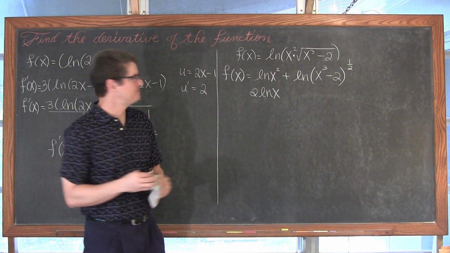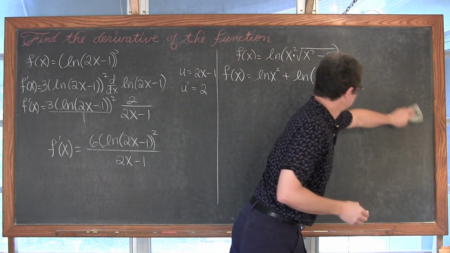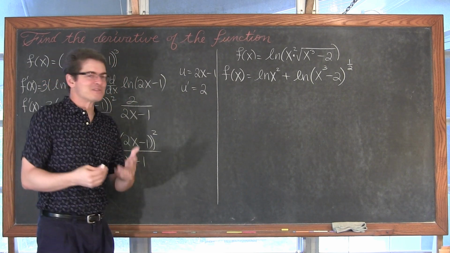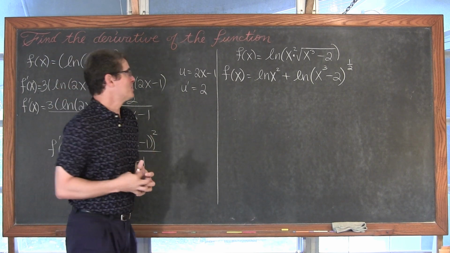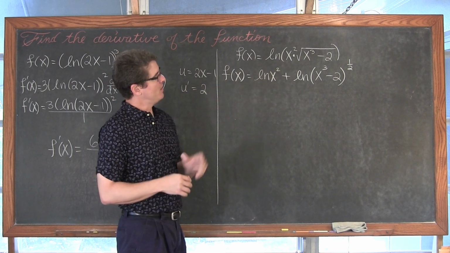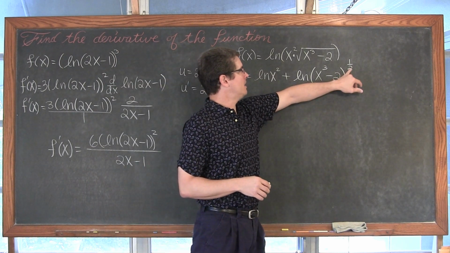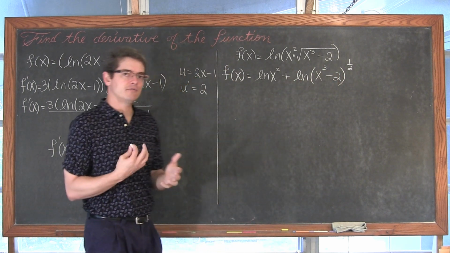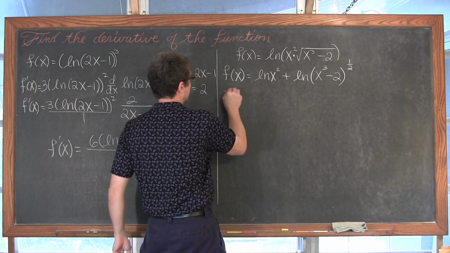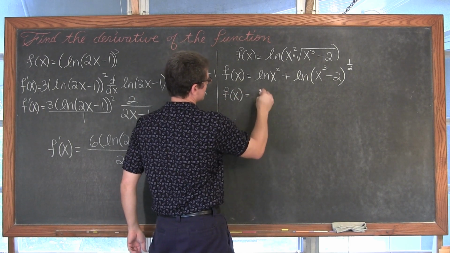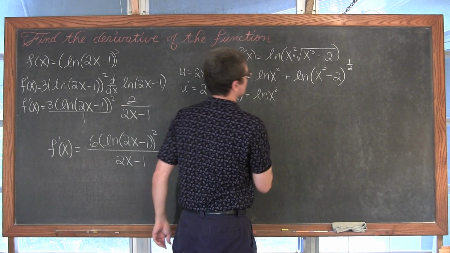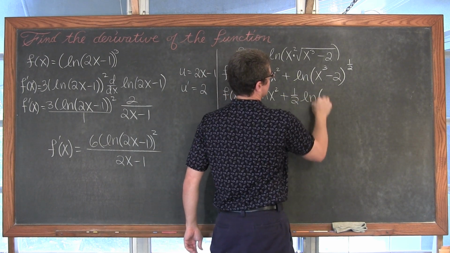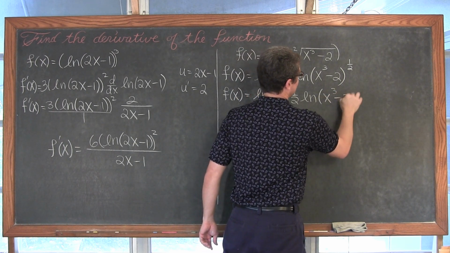So just be aware that as you do your work, there's probably well over 100 problems in your calculus book, and they throw some twists in there at you sometimes. So I'm going to go ahead and leave that power of 2 up there, and I'm going to bring this 1/2 down out front just to make the finding the derivative process a little bit simpler. And we have f of x is equal to the natural log of x squared plus 1/2 times the natural log of x cubed minus 2.